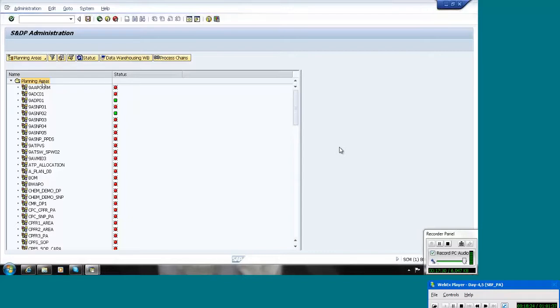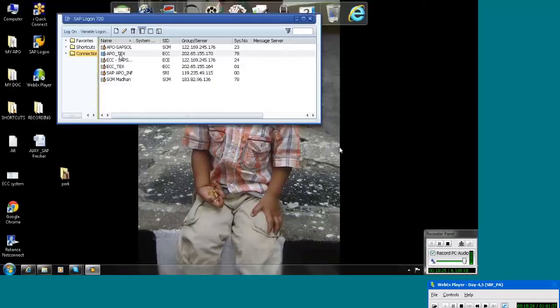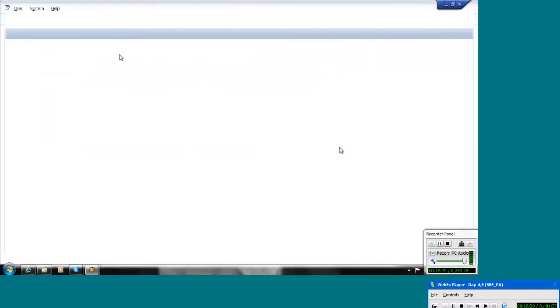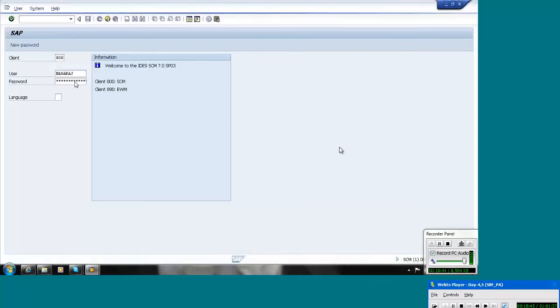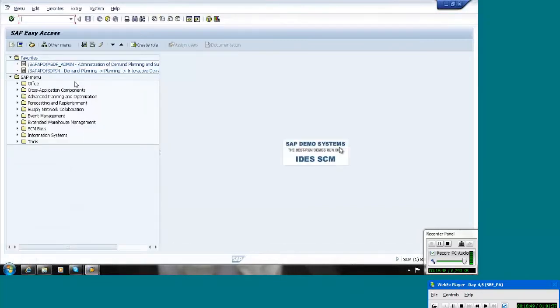Can you try to open the server in your system, Sandeep? Actually, your screen stopped sharing. I think you have a problem with the internet connection. Okay, now it's back again. Yeah, you can try now. Actually, it might be the network is disconnected or something. If it is slow also, sometimes it will be automatically disconnected.